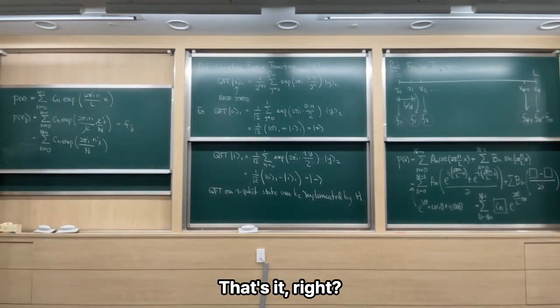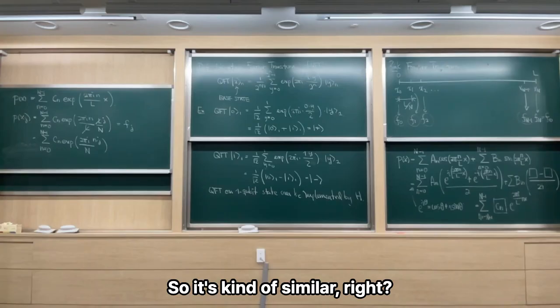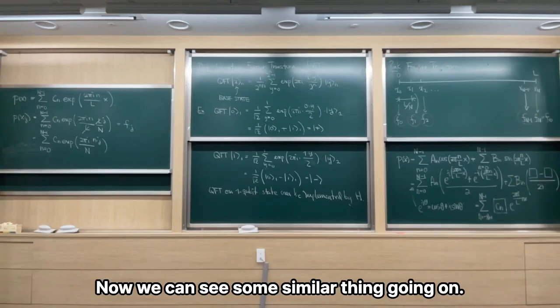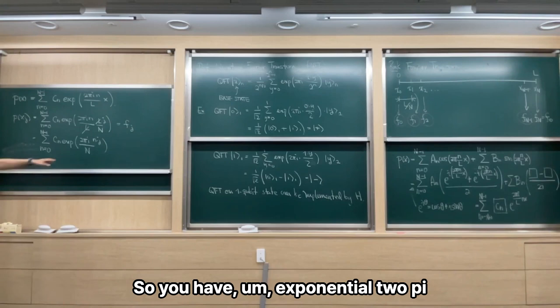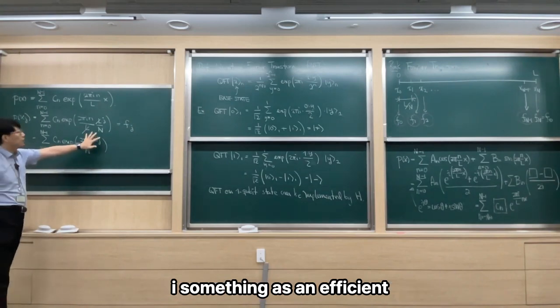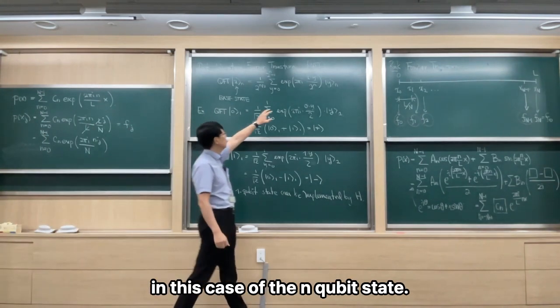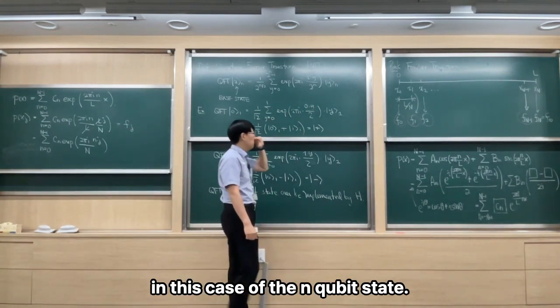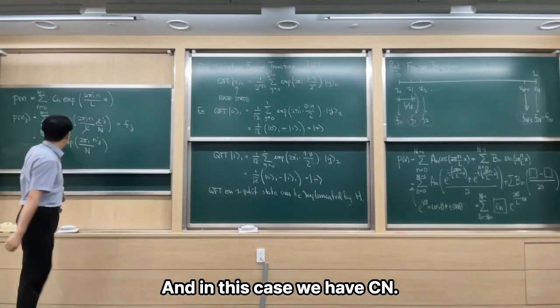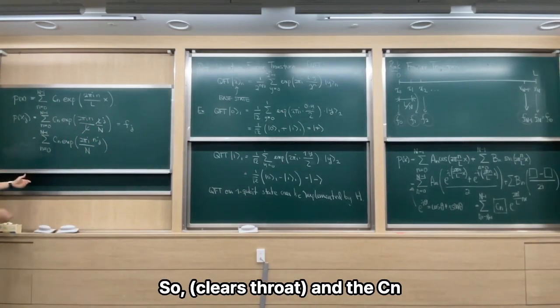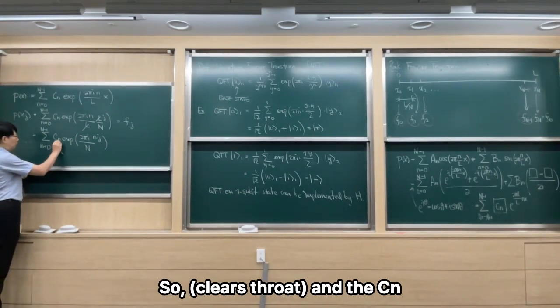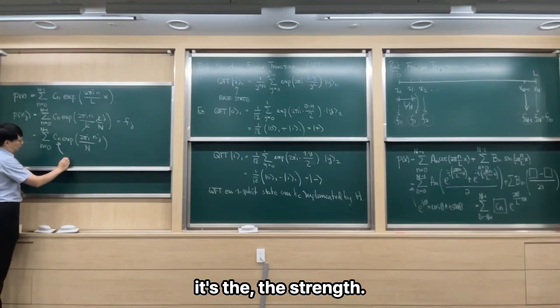That's it, right? So it's kind of similar, right? Now we can see some similar thing going on. So you have exponential 2 pi I something as a coefficient, in this case, of the n qubit state. And in this case, we have Cn. So the Cn is the strengths,